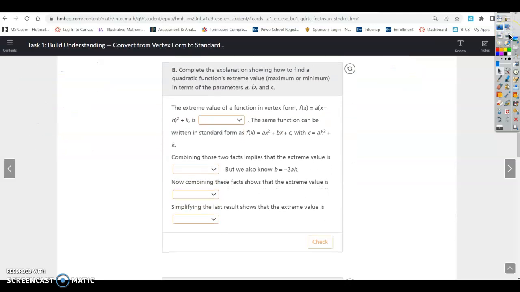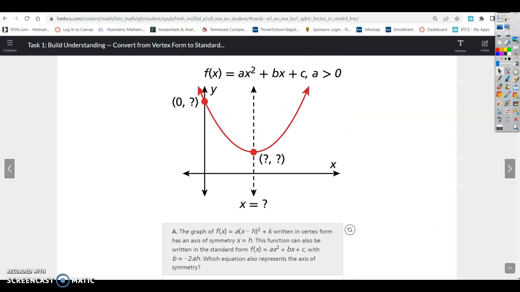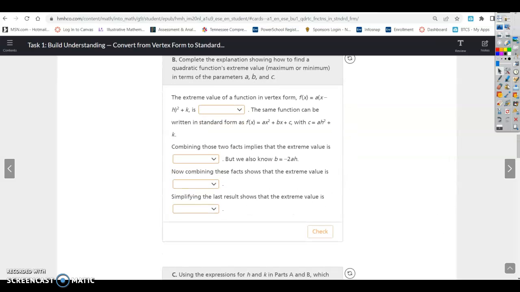All right, complete the explanation showing how to find a quadratic function's extreme value. That's your maximum or minimum value. Remember, this comes from your vertex in terms of the parameters a, b, and c. So right here, we found the x. Now we need to find the y value. We're going to do that using the formulas they gave us above. The extreme value of the function in vertex form, f of x equals a times x minus h squared plus k, is